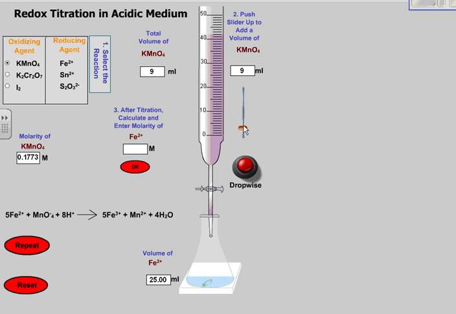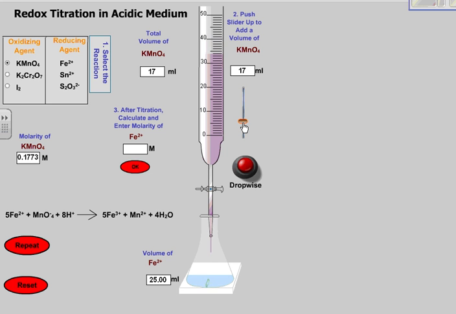So I'm going to add some here, and again at the beginning we can do a decent amount until we start to notice that the solution is changing color, and of course there we have gone too far. So as a simulation we can just repeat this. A little bit more trouble if you do it in the lab. You've got to redo all your solutions here. We just push a button. So we're going to start again,